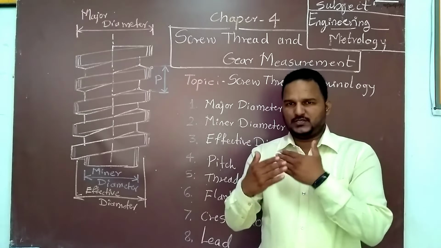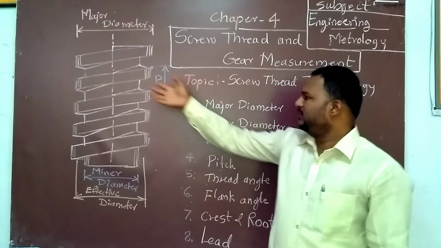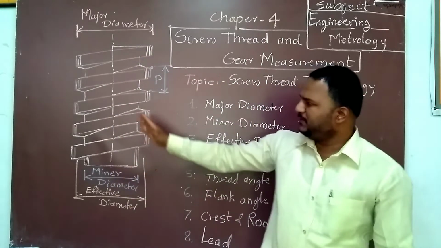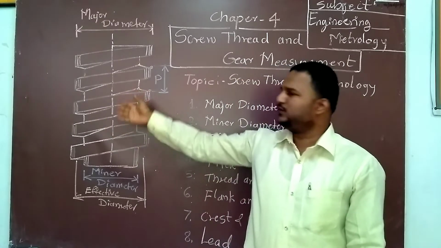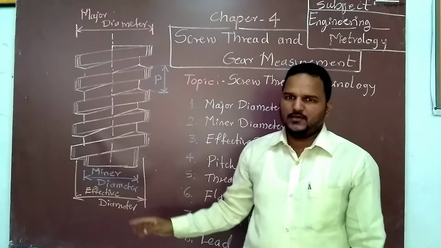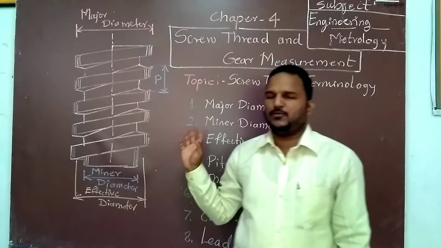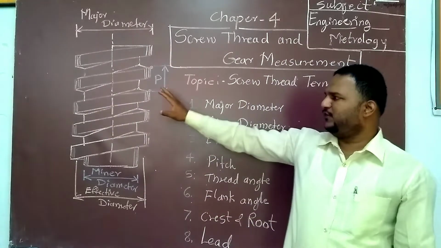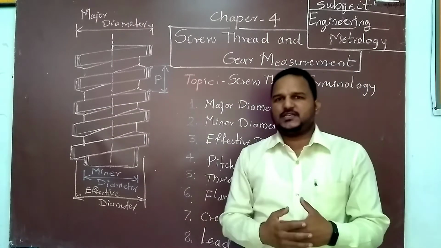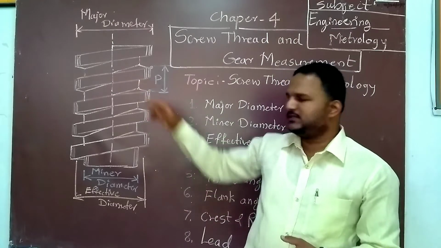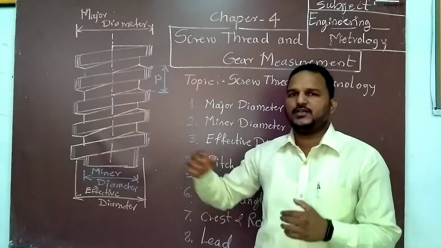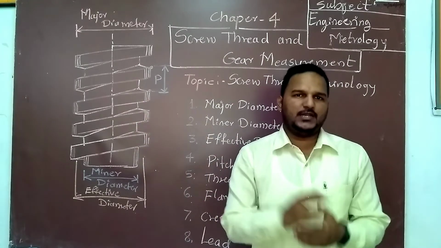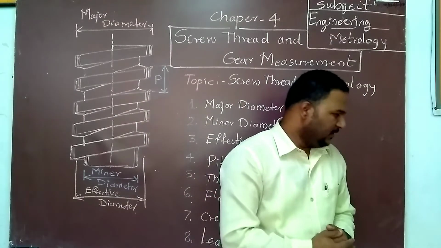If you see a screw like this one, it is made up of a helical angle, or a helical groove cut onto the cylindrical form. So we can obtain various combinations from it. For the screw to act as a fastener, the contact point is between the threads. So this is the contact, or you can say between the flanks. There has to be contact between the flanks.